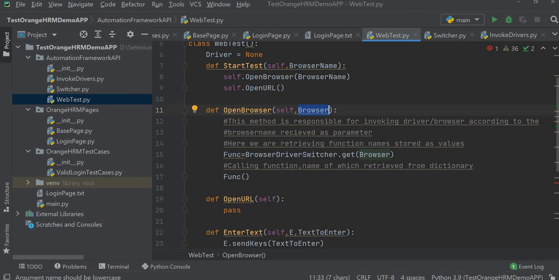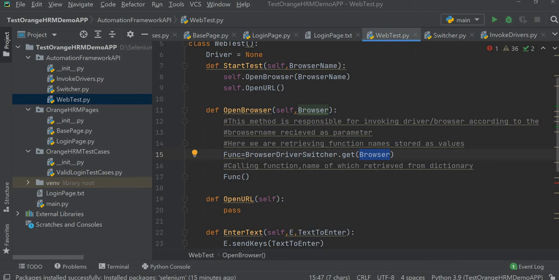Now what we are doing here, just concentrate on line number 15 and line number 17. Here this is the dictionary which I just showed you. So dictionary.get, and I am passing the name of the browser I have got as an argument, so Chrome, Firefox. So browser driver switcher.get Chrome.